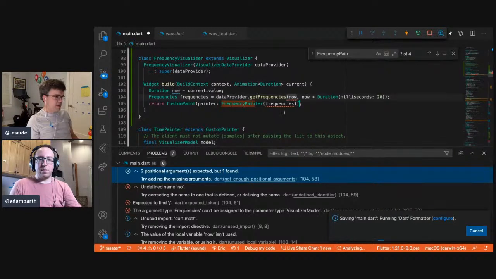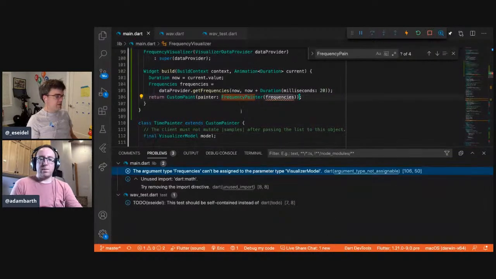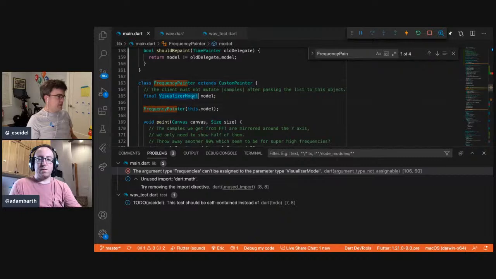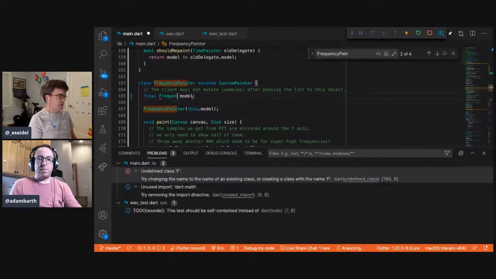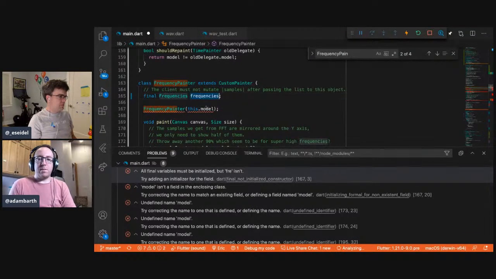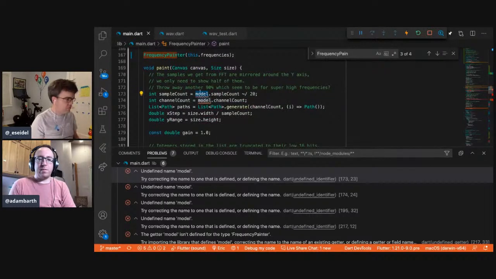Okay, two positional arguments expected. Is that for custom paint? Come on. Okay, frequency cannot be assigned to the visualizer model. That's true, because this thing now needs to take a different type.